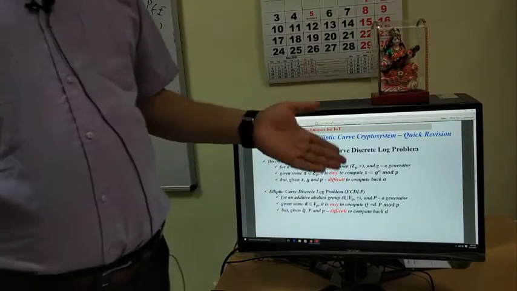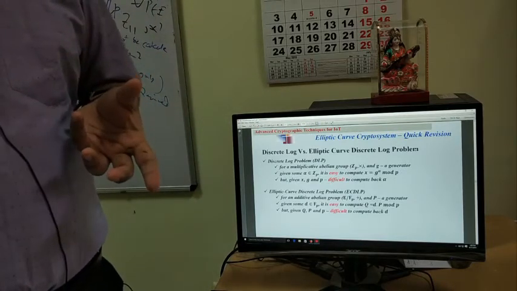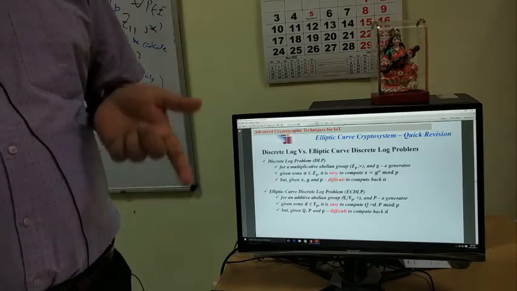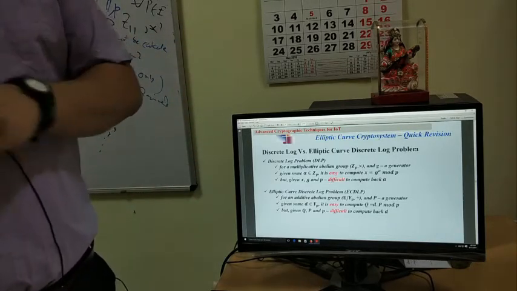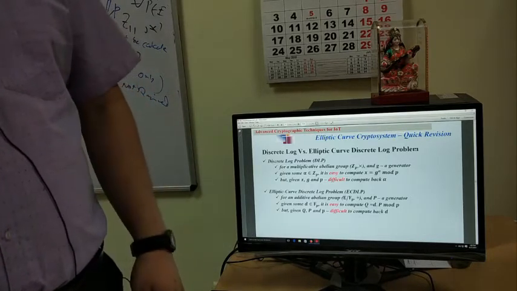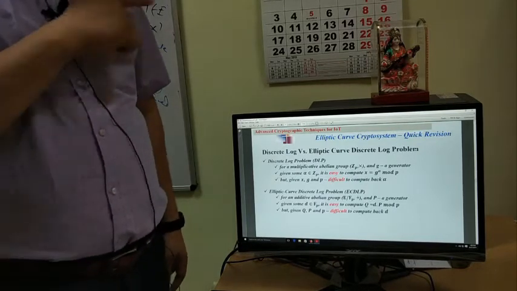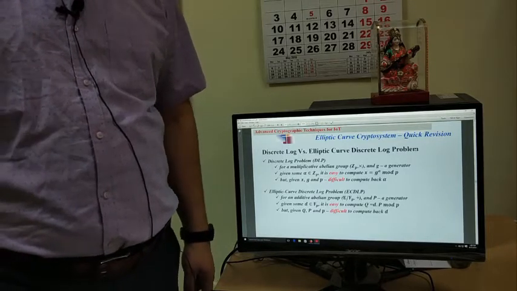So for the elliptic curve also, what can be a generator? A point on the elliptic curve, if I apply the plus operator repetitively on it, meaning P plus P, P plus P plus P, meaning P, 2P, 3P, 4P, 5P, up to qP, where q is the size of the elliptic curve group, will generate all the points of the elliptic curve. That is called a generator point. Understood?